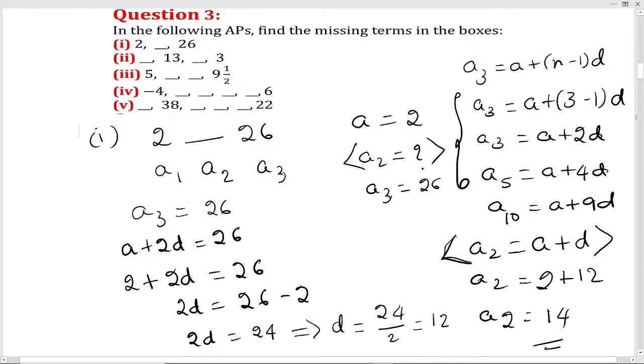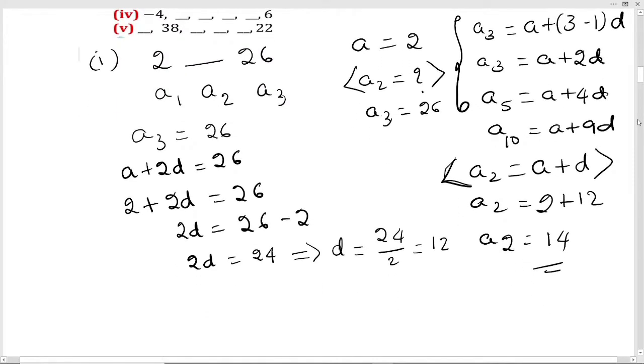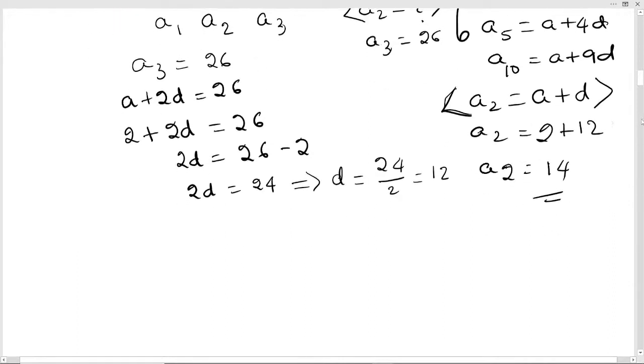Now I'll take the second one and solve it. In the third question we have 5 problems. So I'll take the second one. So the second question will be,